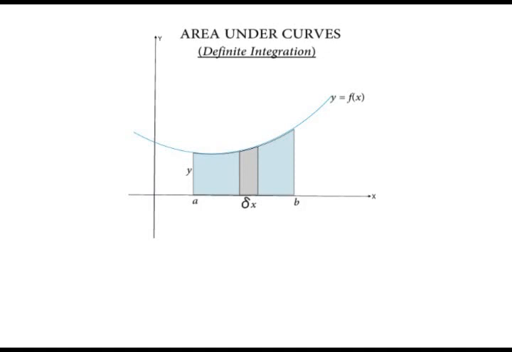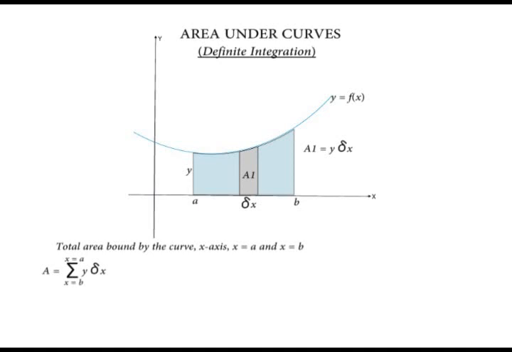Now, for a very small value of delta x, the trapezium can be approximately a rectangle with the same width, delta x, and height as the y coordinate. And therefore, the area of such a rectangle will be y times delta x. The total area bound by the curve from the line x is equal to a to x is equal to b is therefore the total sum of the areas of these small rectangles, each of area y delta x. Therefore, the total area is equal to the summation of y delta x from x is equal to a to x